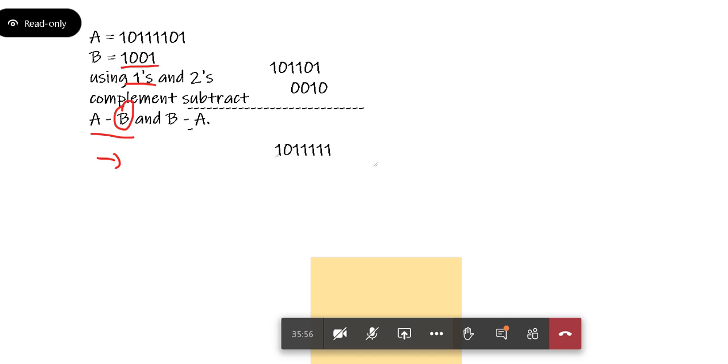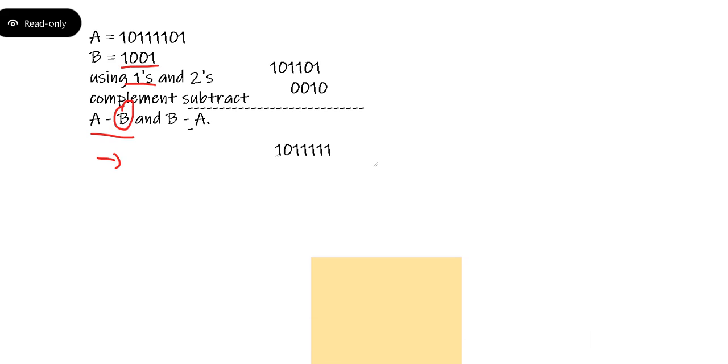I'm doing A minus B. So the first step is to do the operation on the subtrahend, the ones complement for the subtrahend. Before that, I have only 4 digits. Here, how many are there? 8 digits. So I'm going to add zeros to B on the MSB side to make them equal.